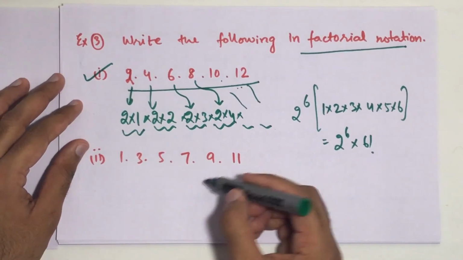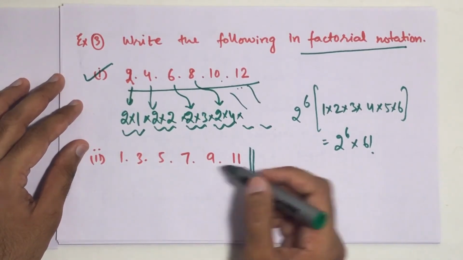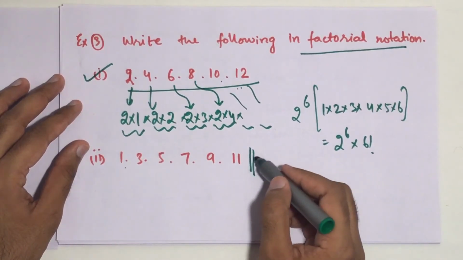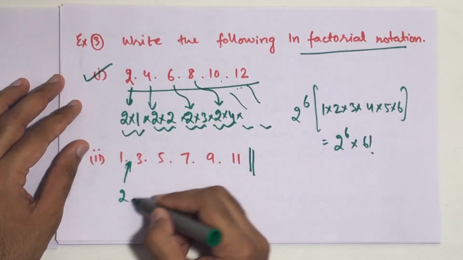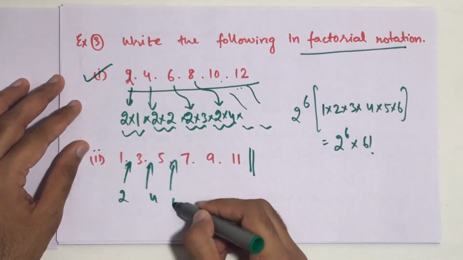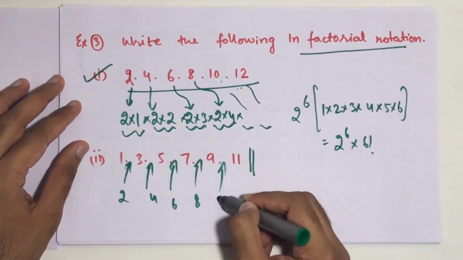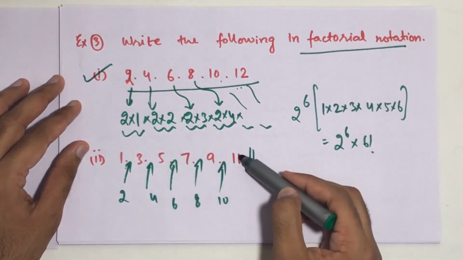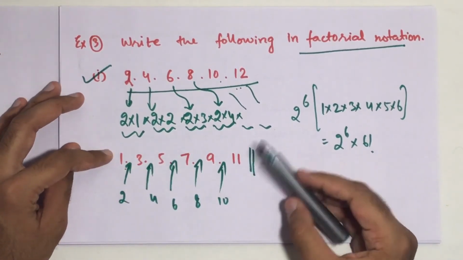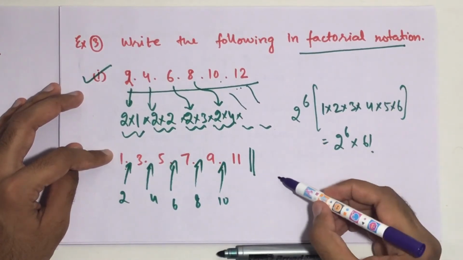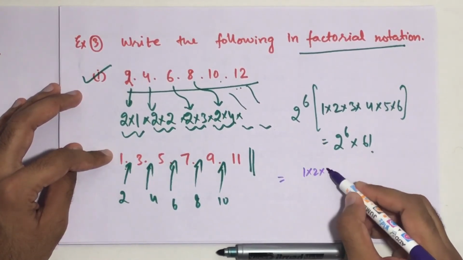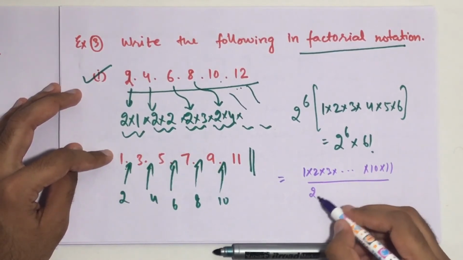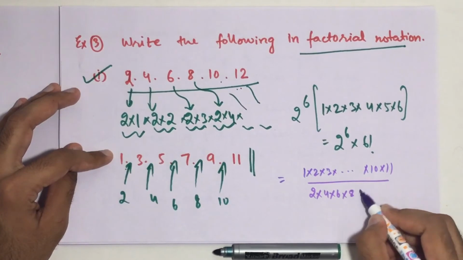Now in the next question you have to convert this into the factorial notation. So in order to convert this into factorial notation, we will divide and multiply this quantity with 2 into 4 into 6 into 8 into 10. क्योंकि अगर यहाँ पर 2 4 6 8 10 आ जाएगा तो 1 2 3 4 5 6 7 8 9 10 11, it will be equal to 11 factorial. Therefore in the numerator it has become 1 into 2 into 3 and dot dot up to 10 into 11, और डिनोमिनेटर में एक आ गया 2 into 4 into 6 into 8 into 10.